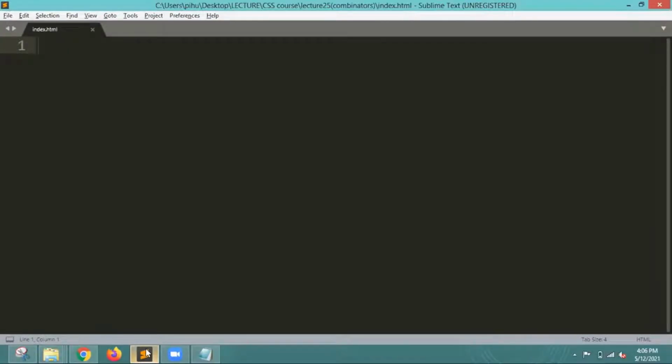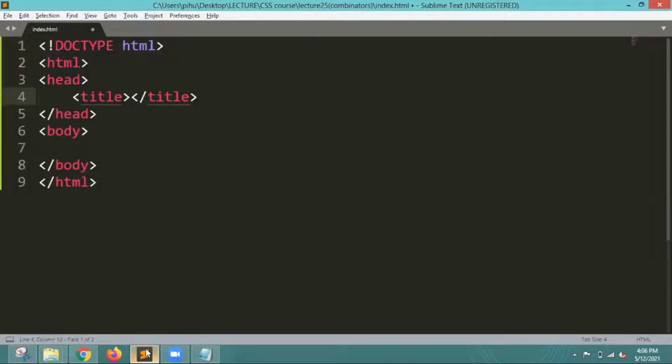Today we are going to study about CSS Combinator. So let's see what it is. First I will type the HTML format and then our title. What is the title? I will give the title as lecture 25th